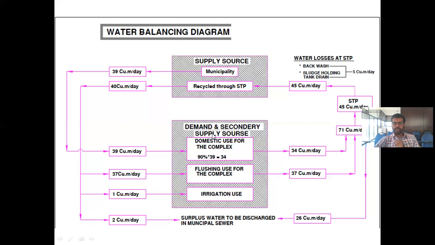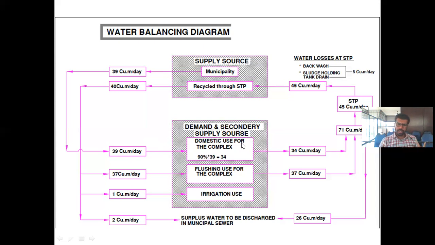Now, domestic use in the sense we can use it for washing clothes, bathing, and lots of other purposes like washing our hands, washing our faces, etc. We can use the water for health faucets, etc. So this 39 cubic meters per day of water is being given to the domestic overhead tank for domestic usage, in which almost 10%, you can just imagine,